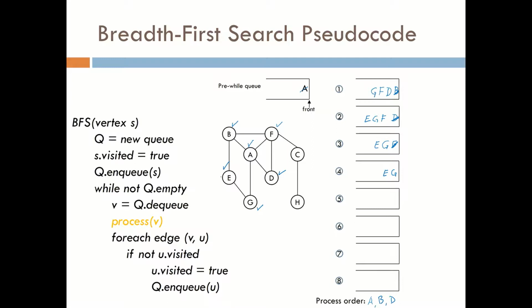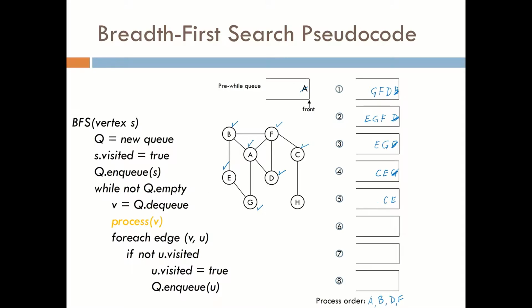so we've DQ'd F, so we need to process F. And we will then take note of everything that F is connected to, and that's B, it's been visited, A, it's been visited, D, it's been visited, but also C. C has not been visited, so we mark it visited and we NQ it. Okay, and this iteration ends and we DQ the G, and now we have E in the front and C